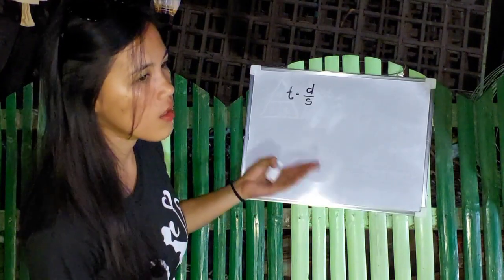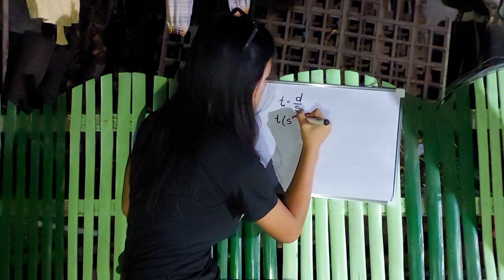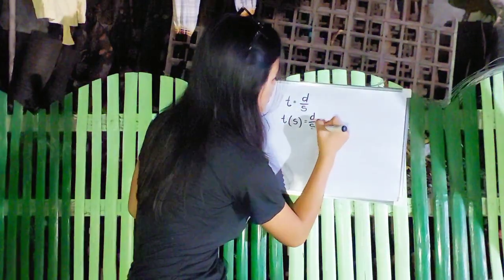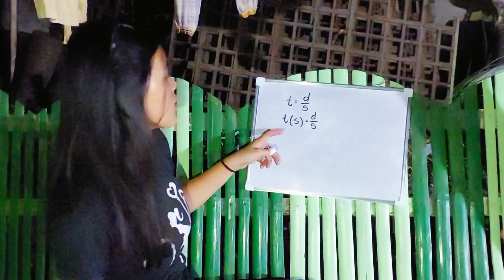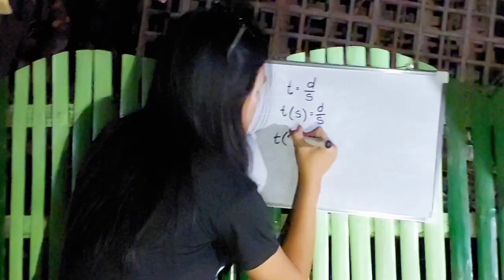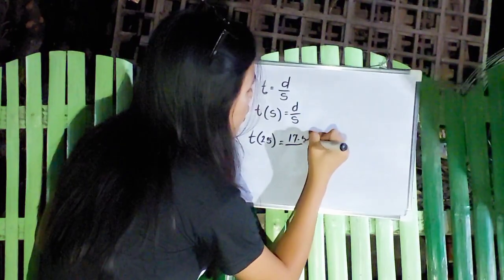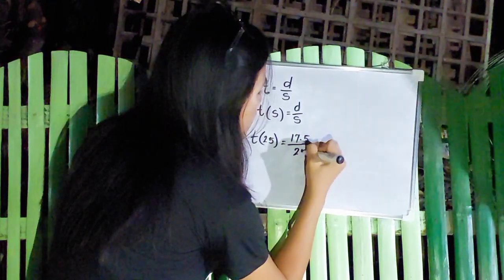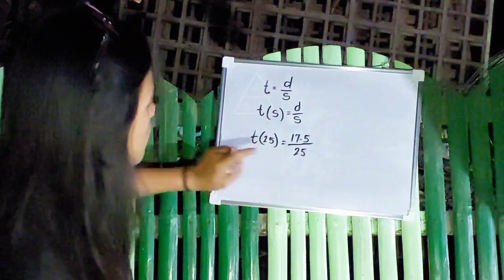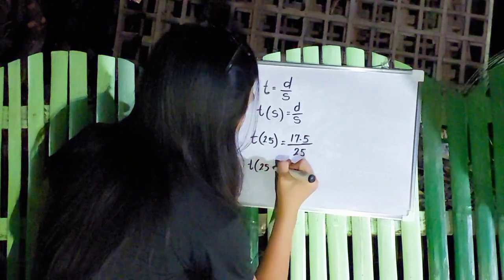Since our time is dependent on our speed, our function will be t of s is equal to distance over speed. Okay, so the value of our s is 25. So we will put t of 25 is equal to distance, which is 17.5, over speed, which is 25. Next, let us divide 17.5 by 25. So t of 25 is equal to